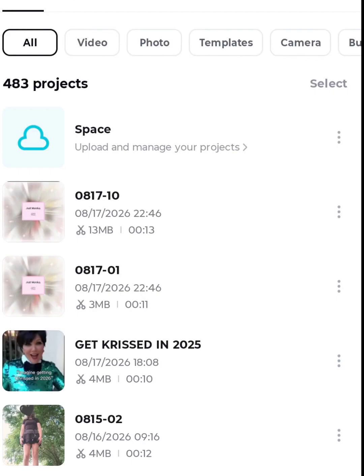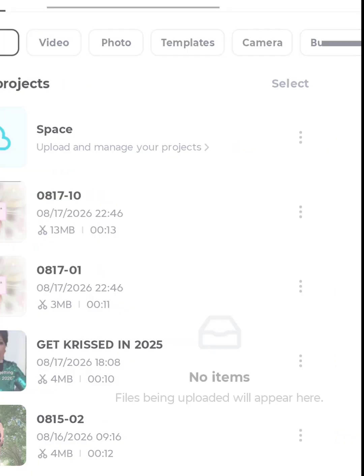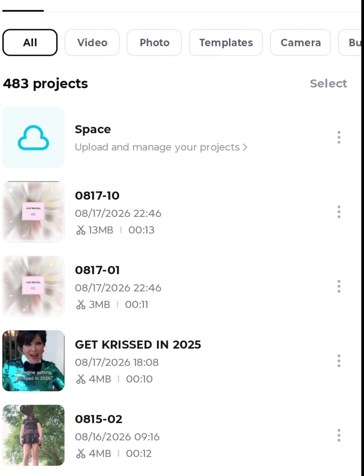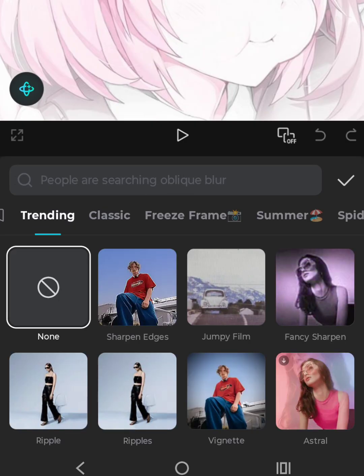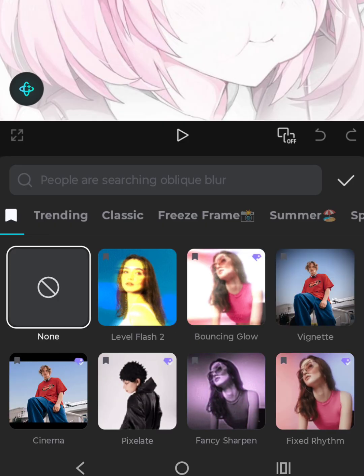Hi guys! Today I'm gonna do a little kind of effects and stuff to use on CapCut. So I'll show you my go-to animation combos, my effects, kind of like that. First, I'm gonna create a project. We're just gonna use Natsuki here because this picture's very demure and cute. Yippee. So my go-to effects are